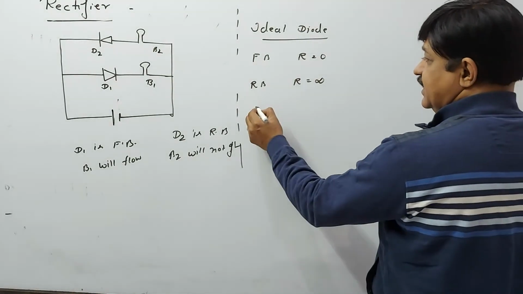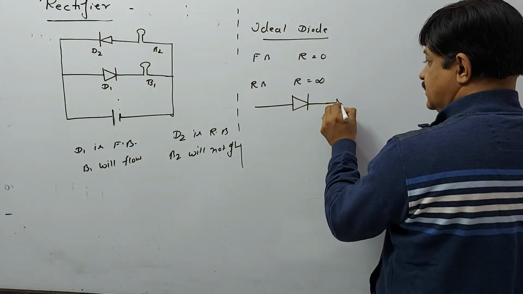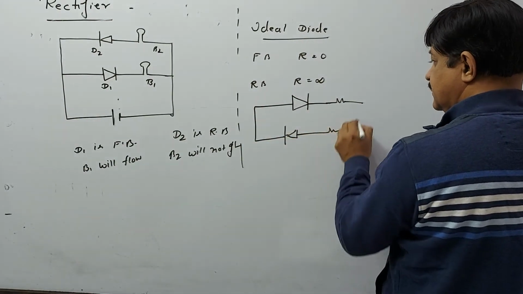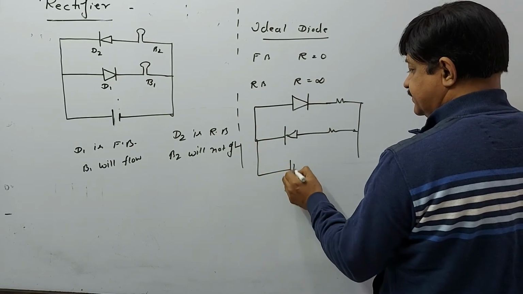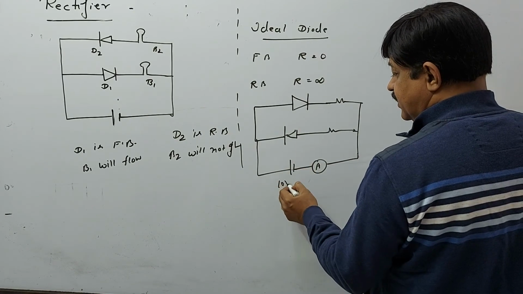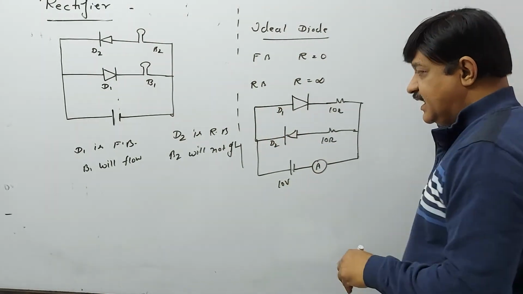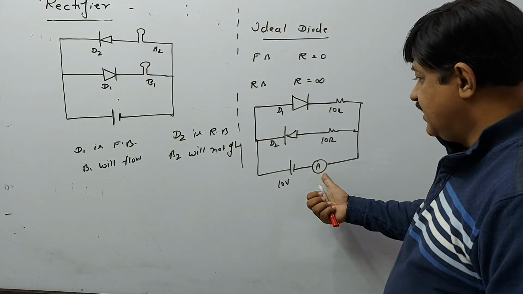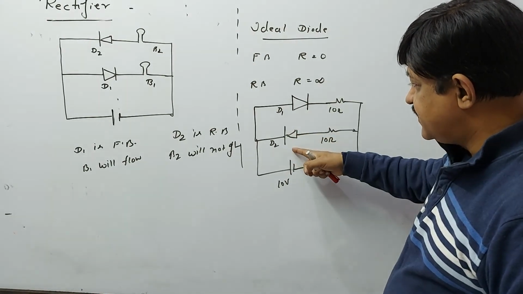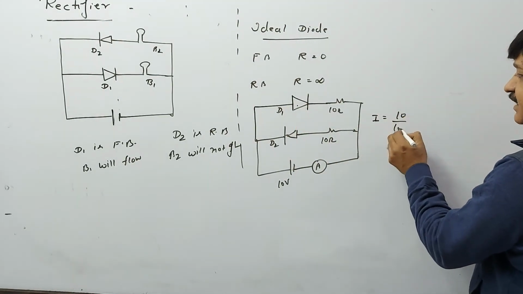अब जैसे ये वाला क्वेश्चन दे दिया आपको, this diode, another this diode, and this battery having this emitter here. This battery is 10 volt, this is 10 ohm, this is 10 ohm, and diode D1 and D2, and they are asking what will be the reading of the emitter. Clearly, as you know, that this diode is forward bias, but this diode is reverse bias. So current will flow only through this, and that's why current should be equals to 10 by 10, so it